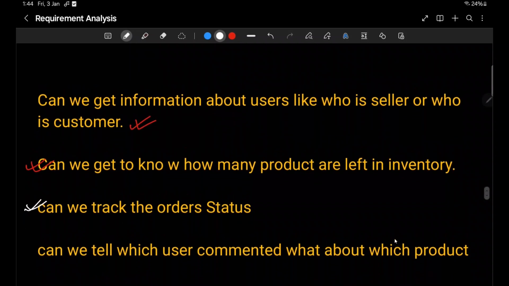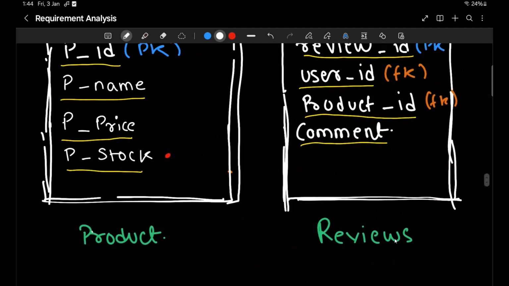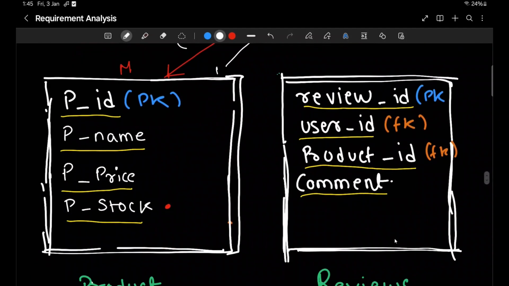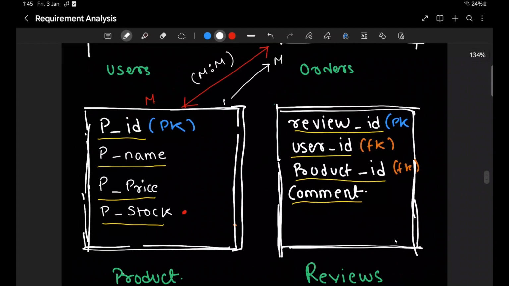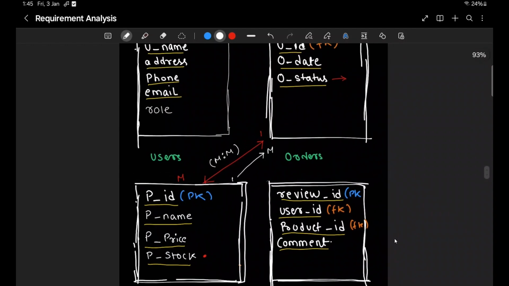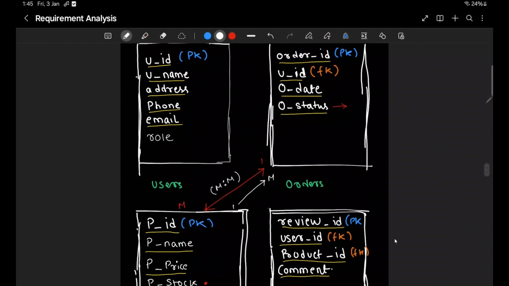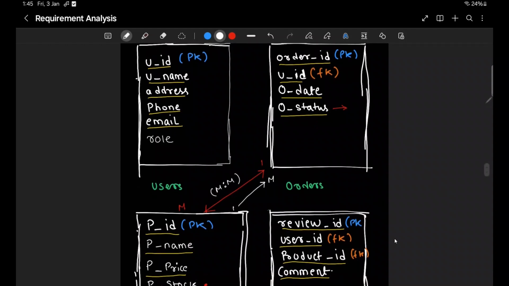Okay, now the fourth question. Can we tell which user commented about which product? Just zoom out a little bit. Over here, we would require the user entity and the review entity, and we need to find which user has commented about which product.